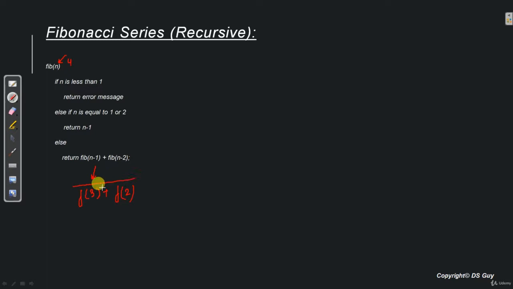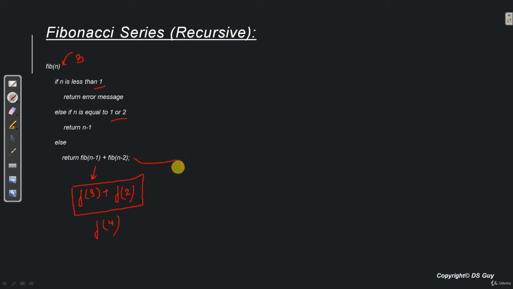So now we don't know either Fibonacci 3 or Fibonacci 2's value. So what we do is a recursive call. Now this Fibonacci method is called for value 3. So again it checks, is it less than 1? No. Is it equal to 1 or 2? No. Else return Fibonacci n minus 1 plus Fibonacci n minus 2.